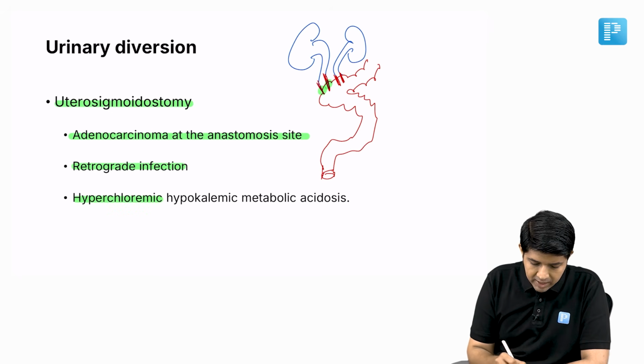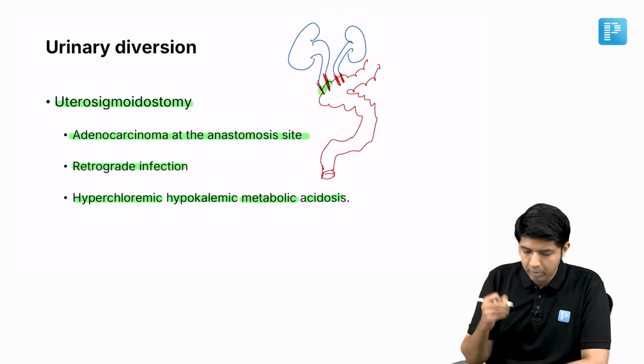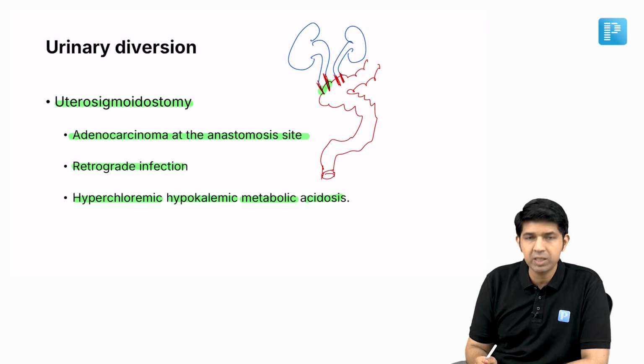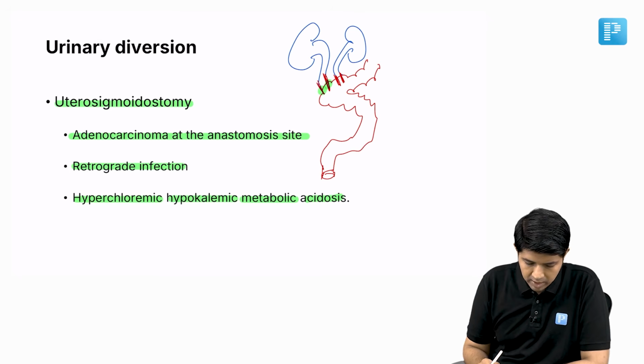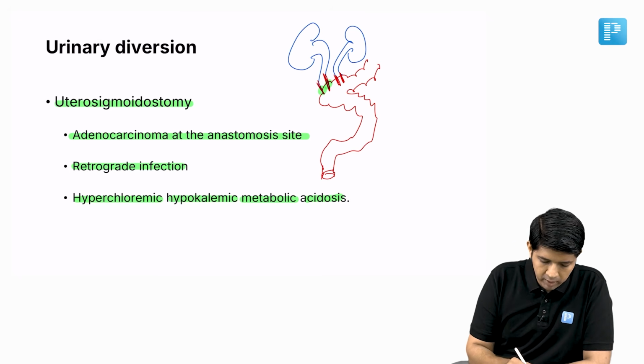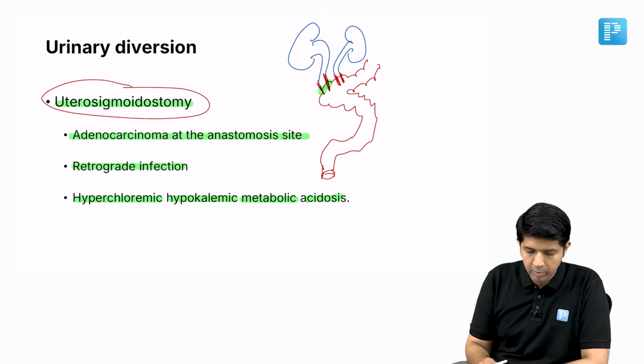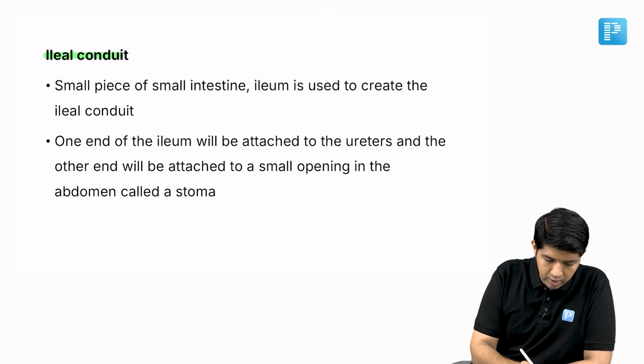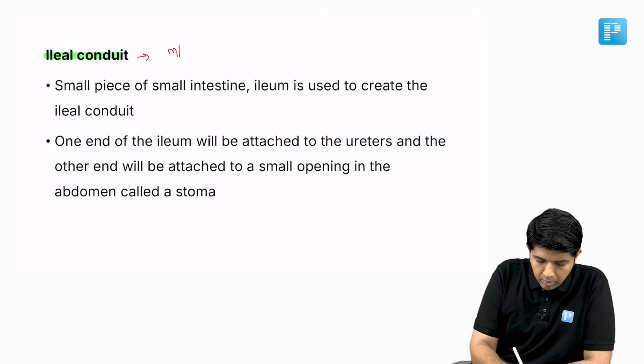Apart from that, these patients can present with hyperchloremic, hypokalemic metabolic acidosis. Okay, where chlorine is more, potassium is less, and the patient has metabolic acidosis. That is found in ureterosigmoidostomy. Next urinary diversion we are going to talk about is the ileal conduit, and this is the most commonly used